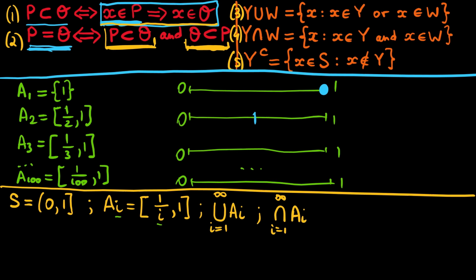A2 would go from 1/2 to 1, right? So cover this interval. A3 goes from 1/3, maybe somewhere there, to 1. So cover that. And A100 would go from 1 over 100 to 1. And then as we let i go to infinity,